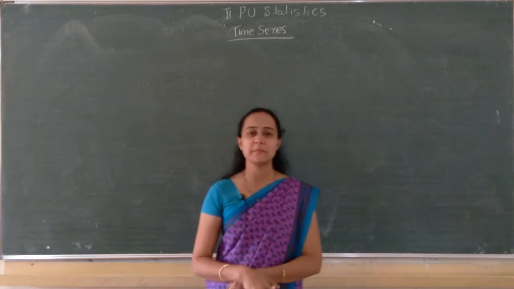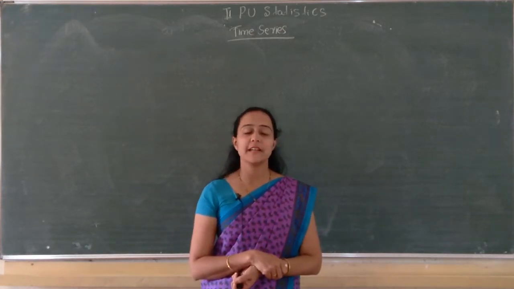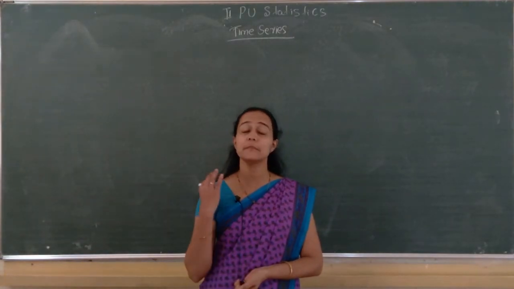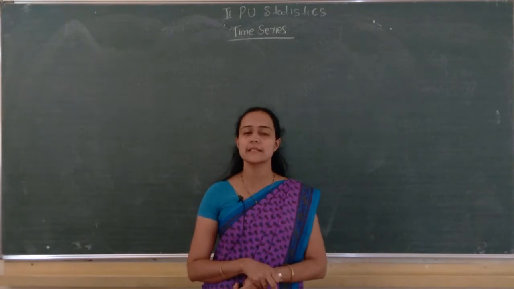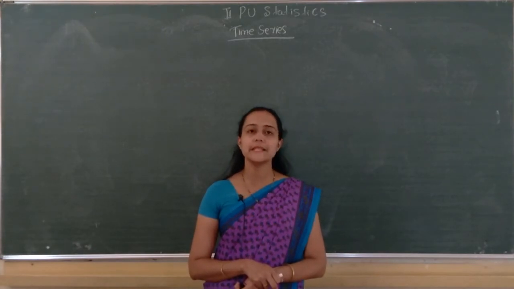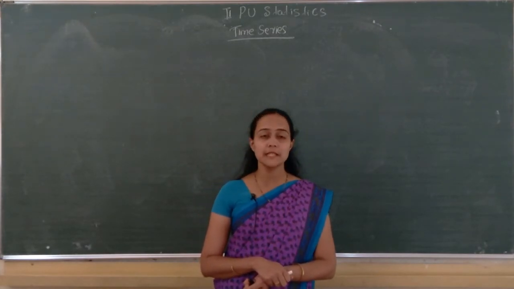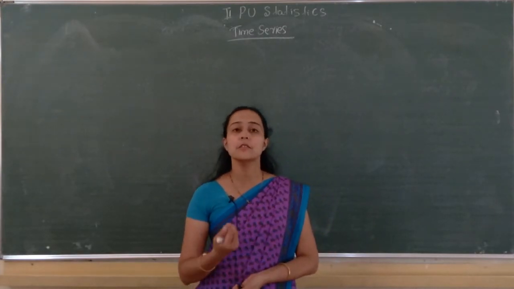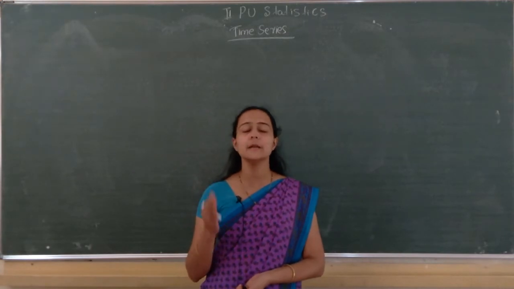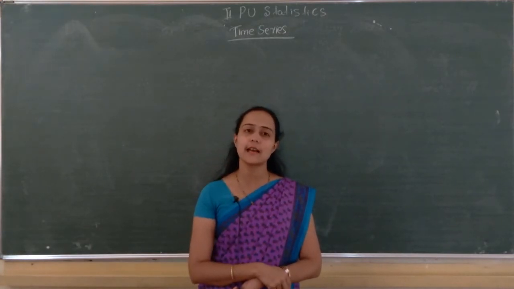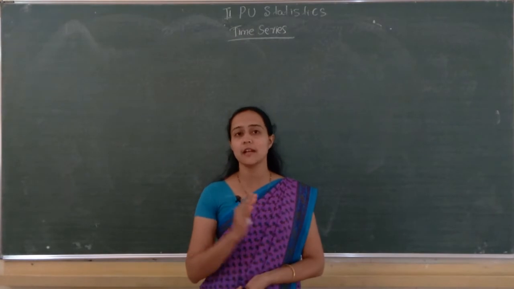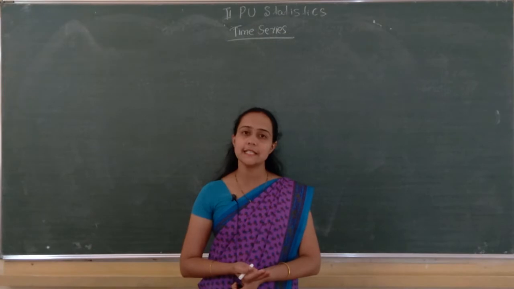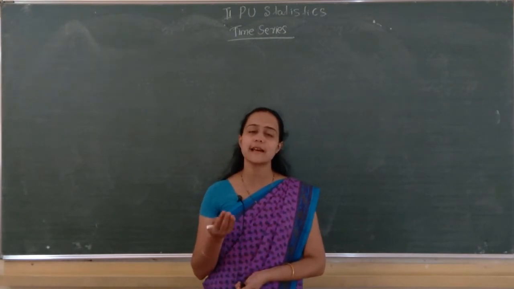Namaste dear students. In the last few classes we were discussing time series. In the measurement of trend, the last method of measuring trend is the method of least squares. In the method of least squares we were fitting a straight line trend. We did two problems when the number of observations is odd, one without a graph and one with a graph. Now the third one we did when the number of observations is even.